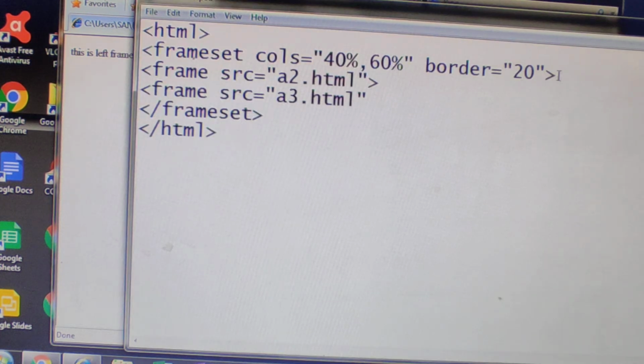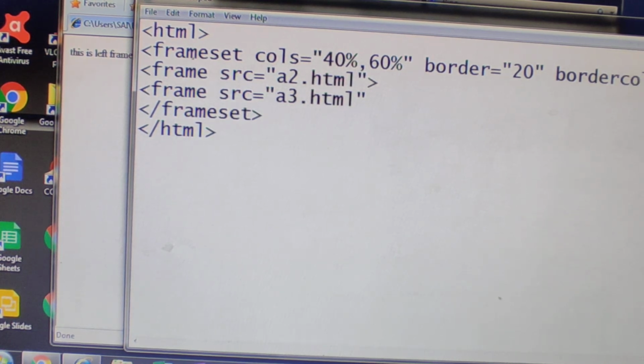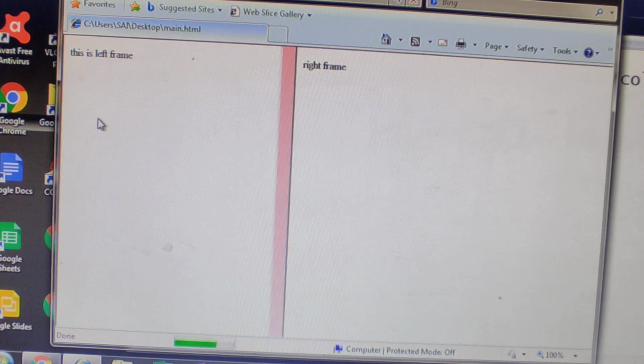So here I am giving a border color. Border color equals to pink I am giving. Save it, come to browser window, refresh this. See, this is the border. Before it was not there.